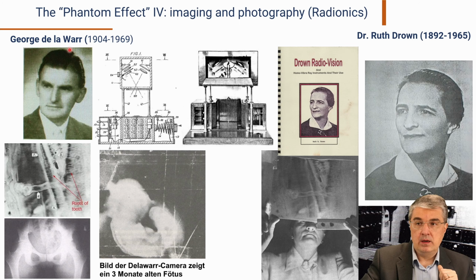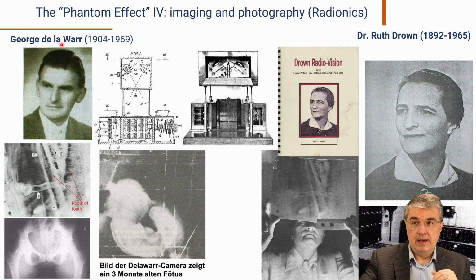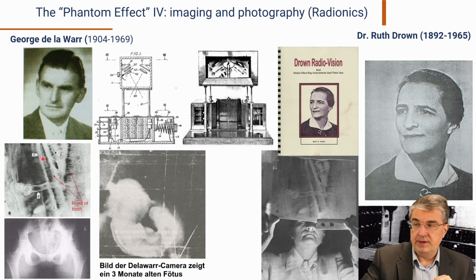In the same way, George De La Warr was also focusing on specific sections and using a different radionic device, but also with multiple buttons. He was able to demonstrate these images, and I'm not sure these images can be obtained even in modern roentgenography because of this very specific section. There were also quite well-known, to some extent strange, images of three-month-old human embryos.